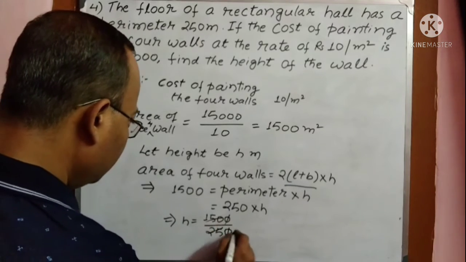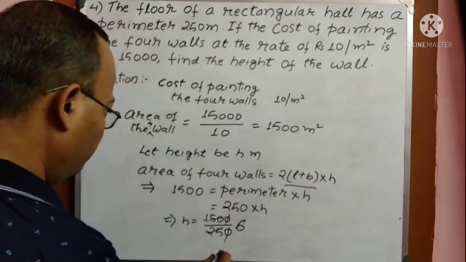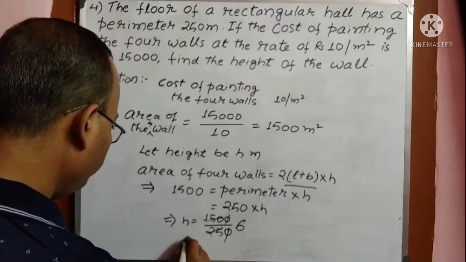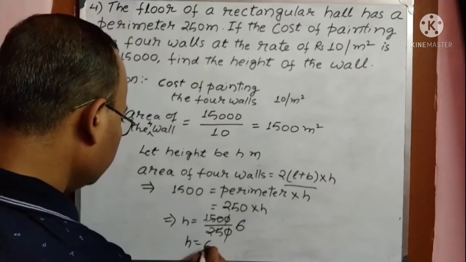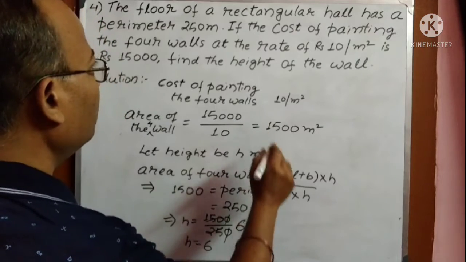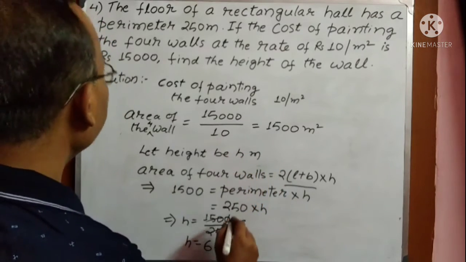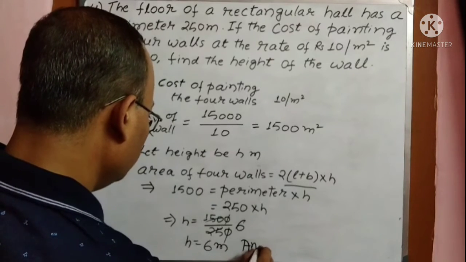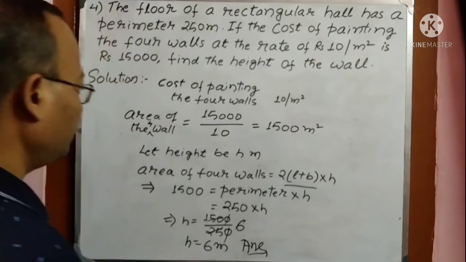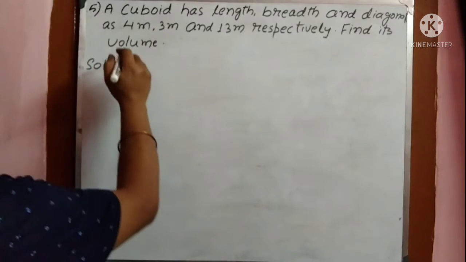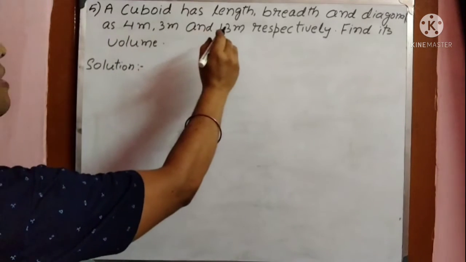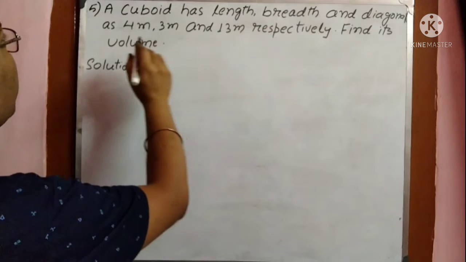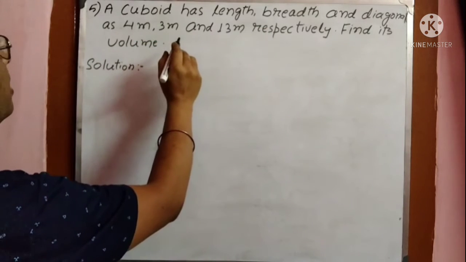So 25, 6 are 150. So h is equal to 6, and what will be the unit? Your meter, 6 meter. So this is the answer. Clear? Now the next question is, a cuboid has a length, breadth and diagonal as 4 meter, 3 meter and